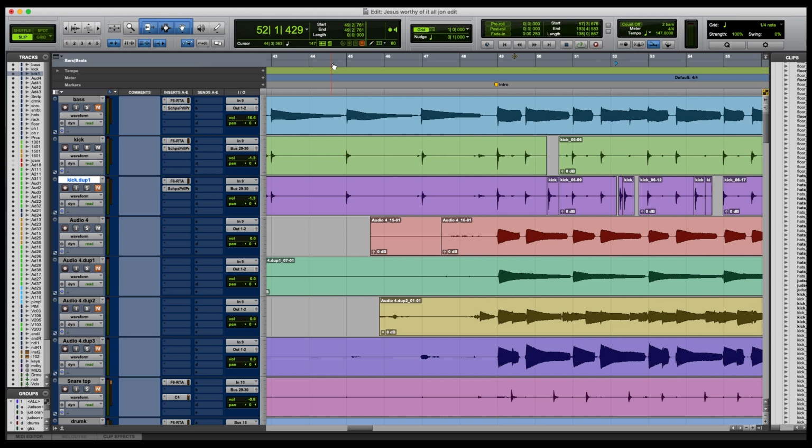So for instance, if you play a really simple, repeatable beat with the kick drum, it's easy for the bass player to play along to. As opposed to if you're playing something a little more complicated and fancy, and it's not a consistent beat, it's going to be really hard for that bass player to follow along.